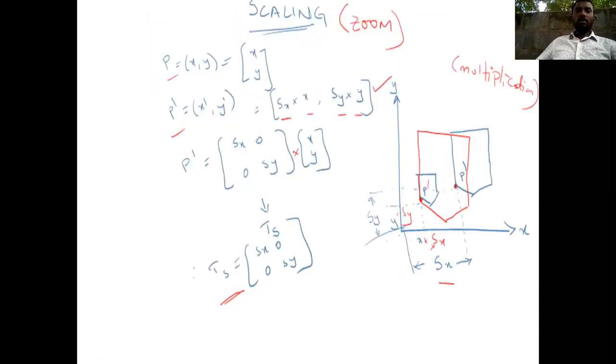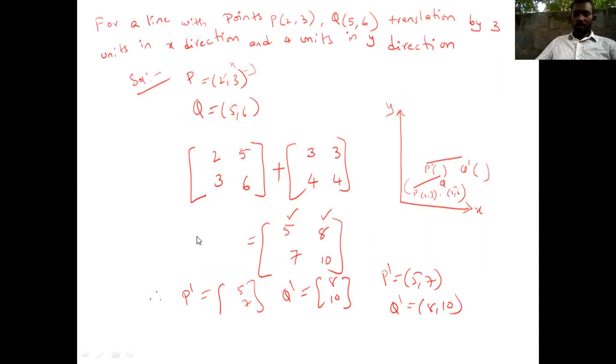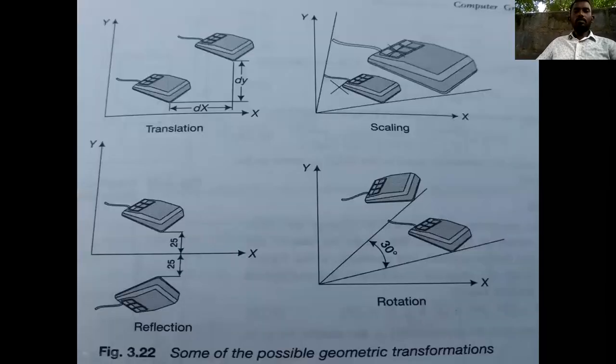So the first one is scaling. Scaling is nothing but multiplication. It is just zooming. See here in the figure, it is the initial object, but what is the final object? The final object is increased. We are changing the dimensions and shape of the object, just zooming in. You can see on the big screen, compared to the initial one, it is bigger. So that's why scaling is just zooming.